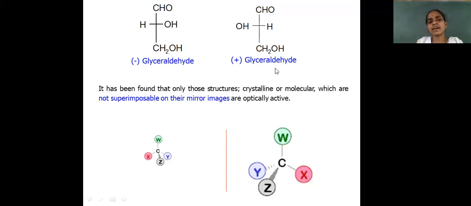But here glyceraldehyde positive and negative come under non-superimposable, where the atoms of the molecule or isomer are not fixing, and they are mirror images. So first see here, negative glyceraldehyde is the mirror image of the positive glyceraldehyde. Here I substituted with XYZ, so we can replace the XYZ and W with some other groups.